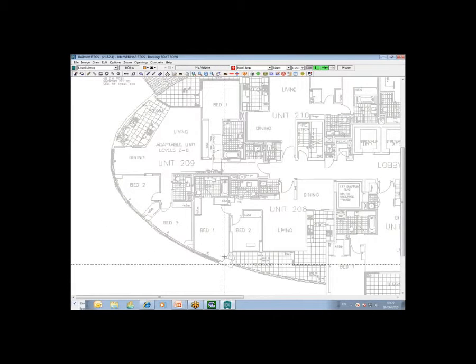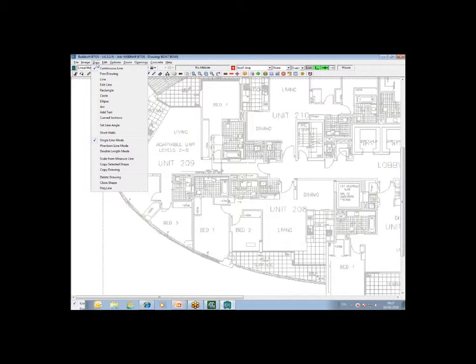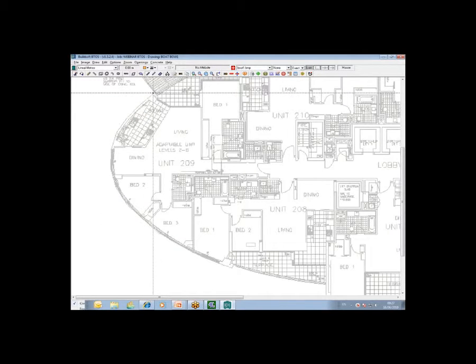let go. Now, to begin your curved takeoff, you must tell the system that that is what you're doing. And that is done on the Draw drop-down menu, and there's an option there, curved section. If you don't select that option and you draw a curved line, every time you click on that curved line, it will return an individual dim for every click. Whereas when you turn this curved section on and you begin, which I will,